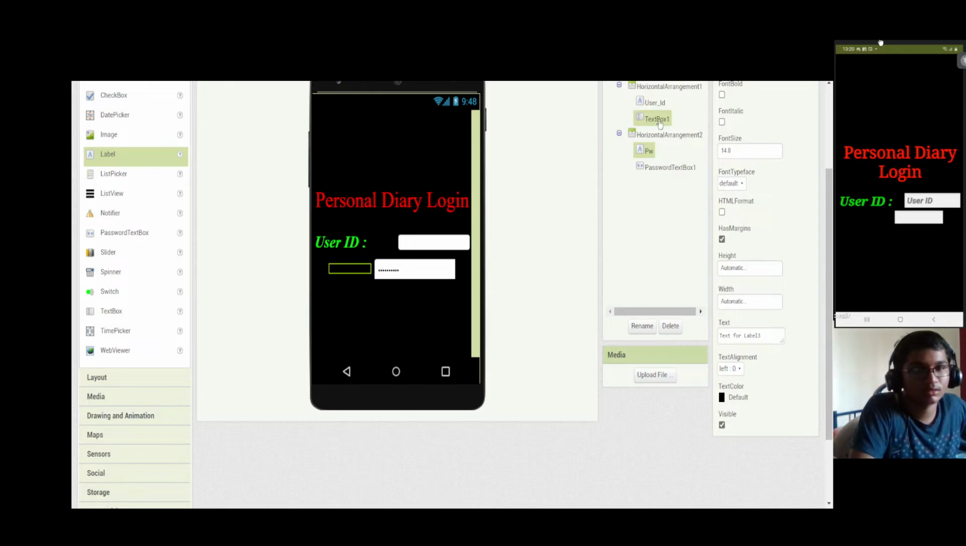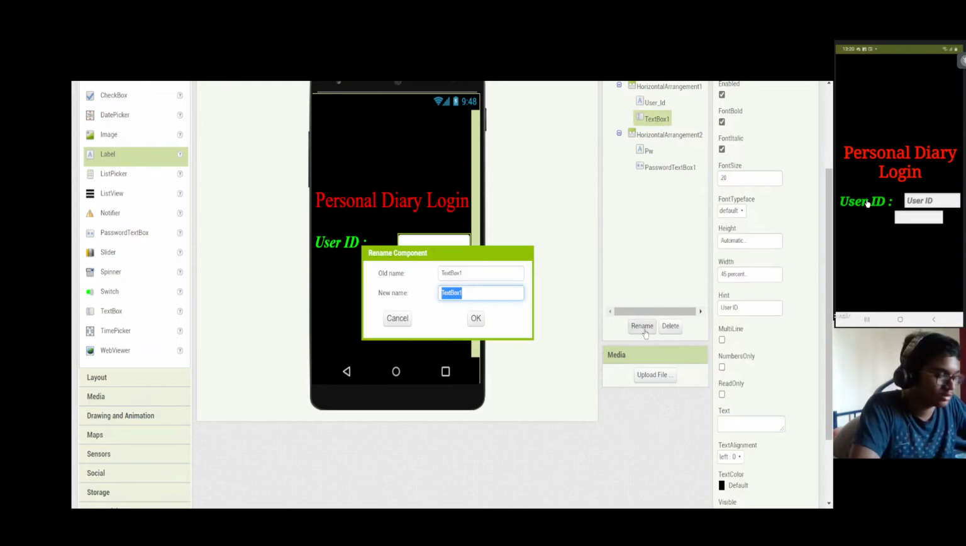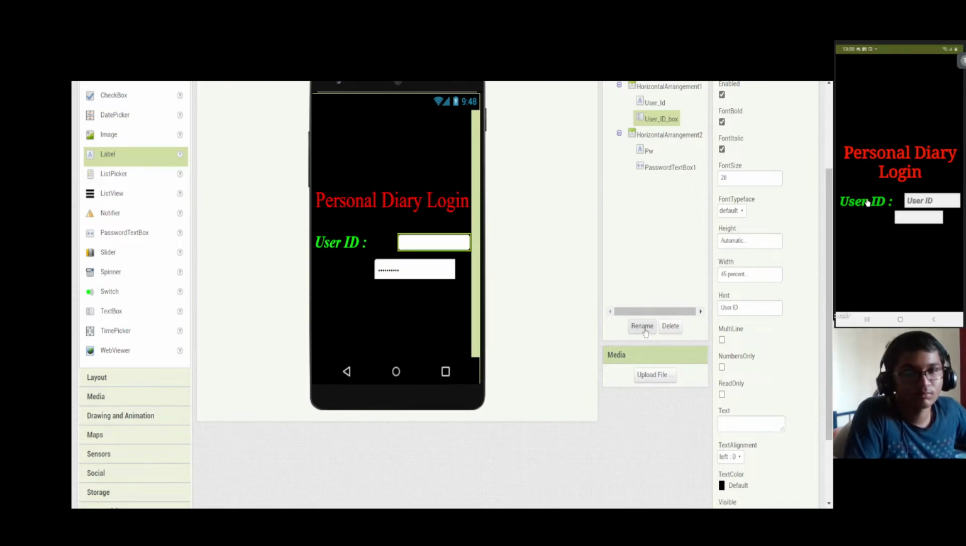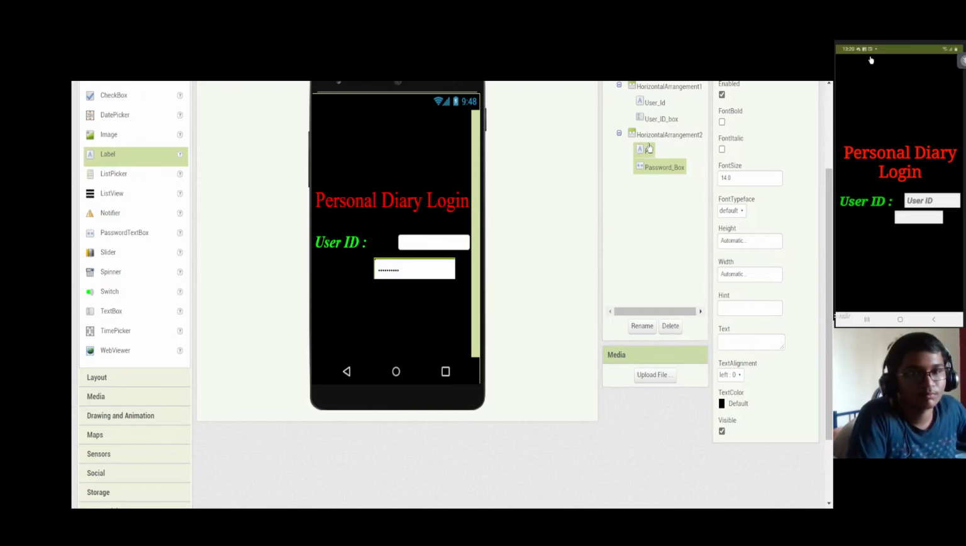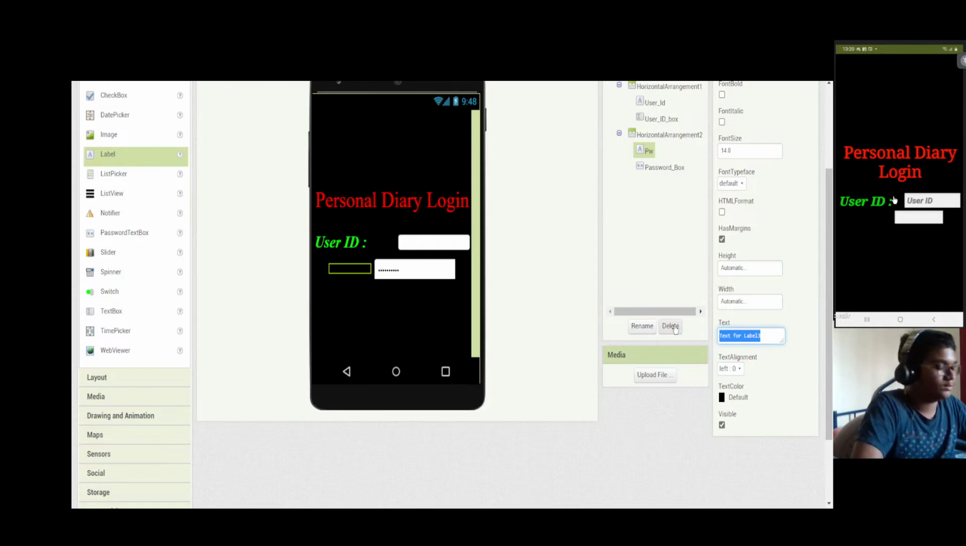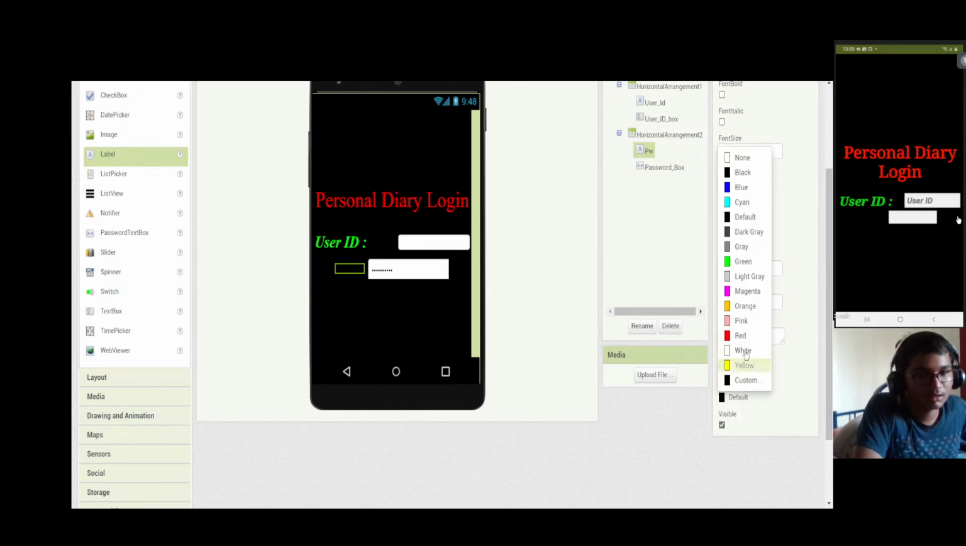Now we'll change this label 3 name to password, and this text box will be user ID box, and the password text box will be password box. First we will change the password label to password, and it will be left, green color,